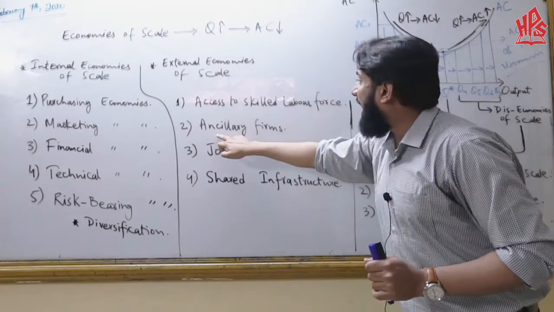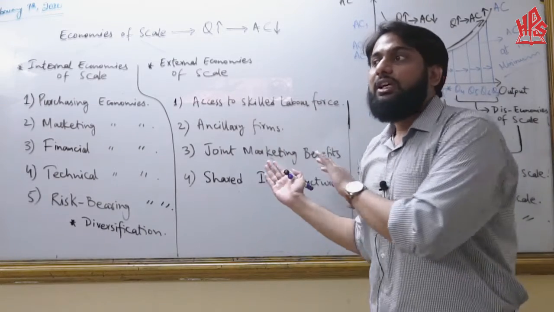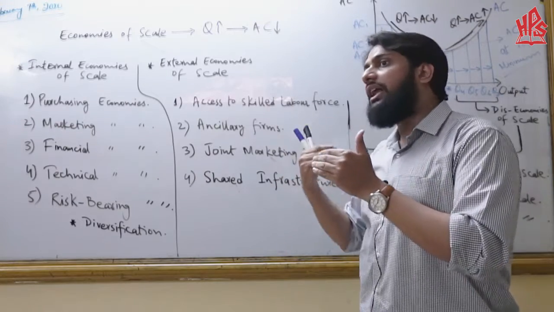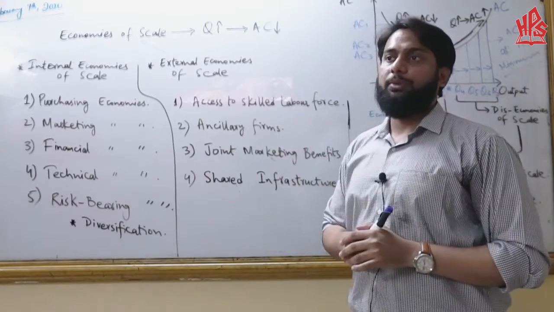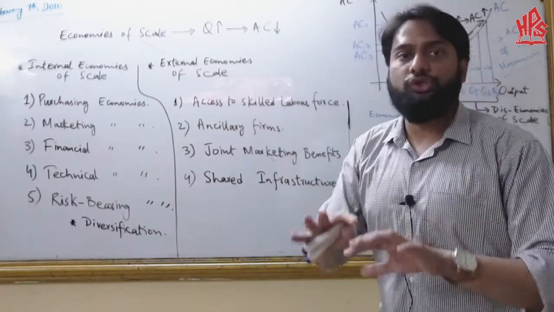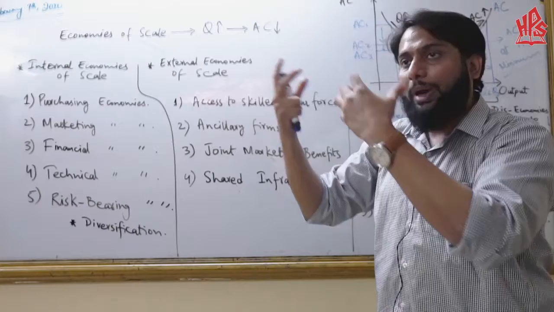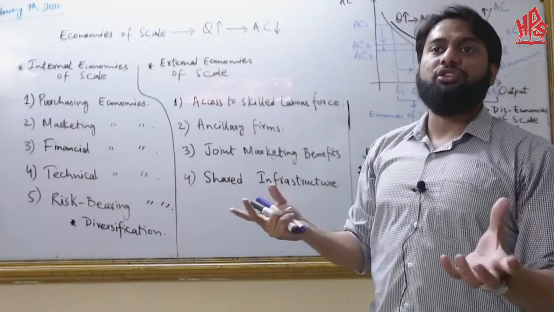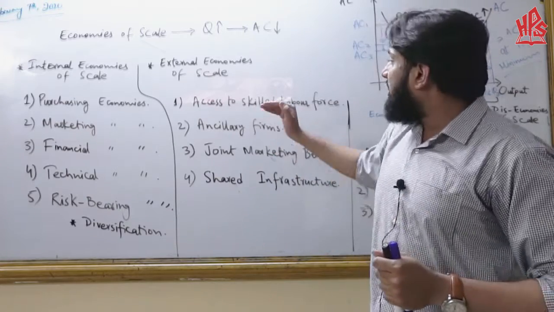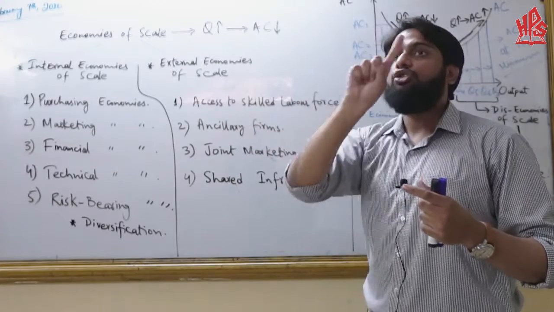Now we have ancillary firms. These are the firms which support your business; they don't have a direct link with your business, but they have an indirect relationship with it. For example, if you are a small firm and you do not do packaging by yourself, you produce the goods and hire another firm to do the printing and packaging for your product. If that firm is shifted or established near your production area, you can save the